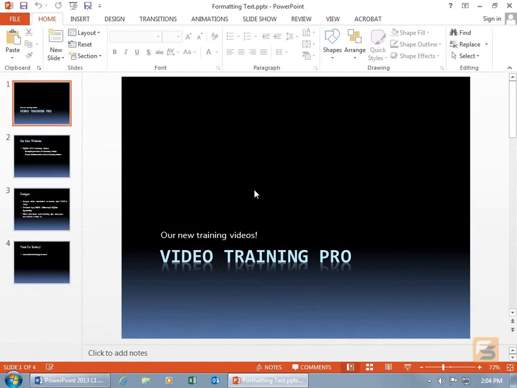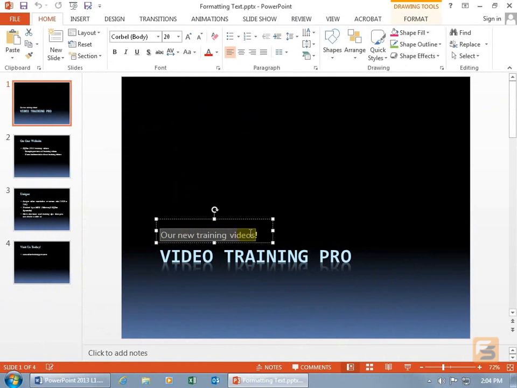To apply formatting to your text to make it big, bold, and the color red and just beautiful, you can go ahead and click on the text to be able to get the cursor flashing inside of it so you can see the outline of the text box. Then go ahead and click and drag to select the text that you'd like to apply formatting to. When you're done selecting, let go of the mouse and you can see you get what's called the mini formatting